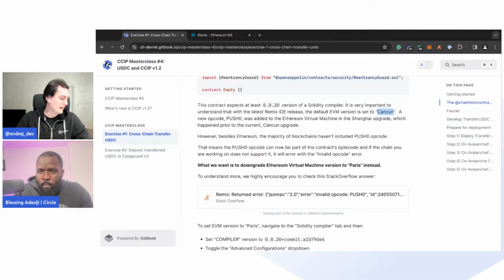So that means that some of the stuff that the Shanghai and Cancun upgrades had, maybe some other blockchains like the Avalanche Fuji testnet or the Polygon Mumbai testnet that we're going to use today, do not have. One of the probably most notable ones is actually the push zero opcode. That means that if we use the latest settings, we maybe have issues deploying our smart contracts to these